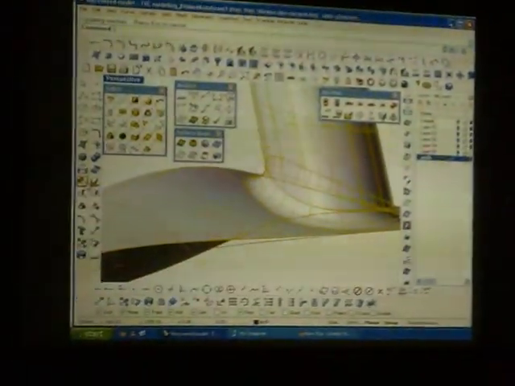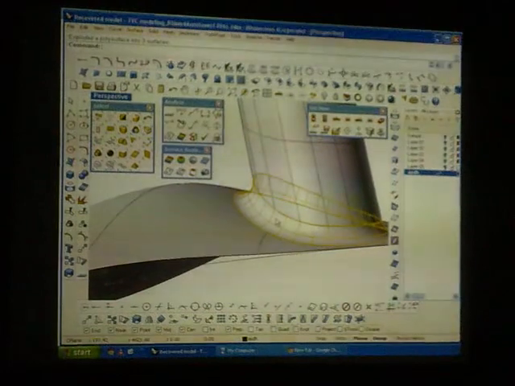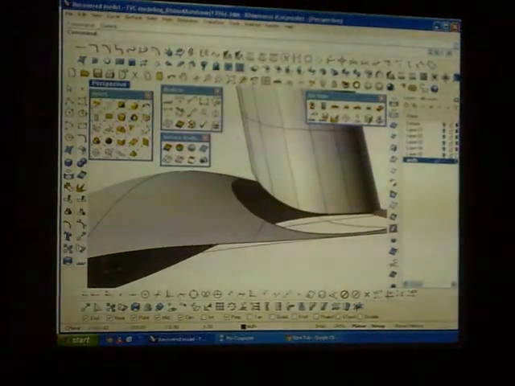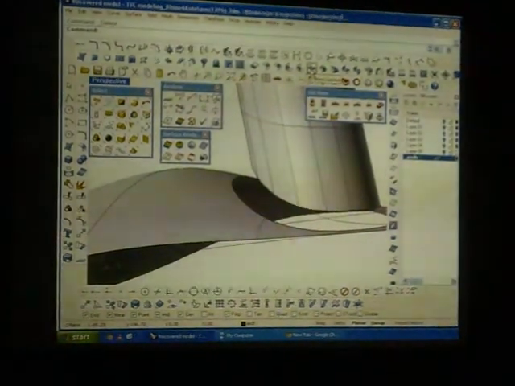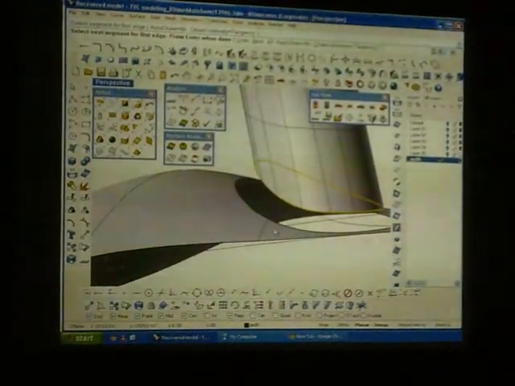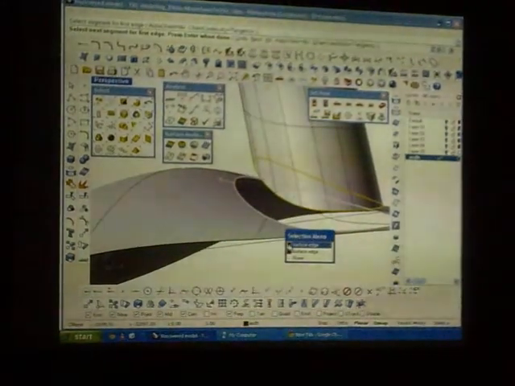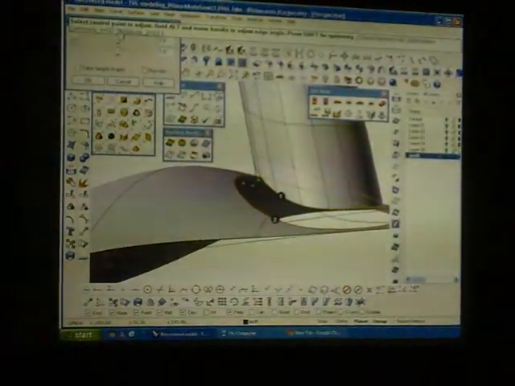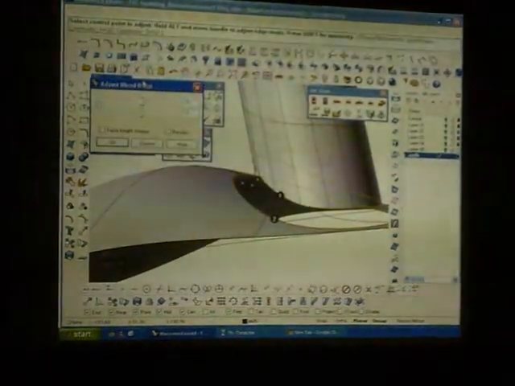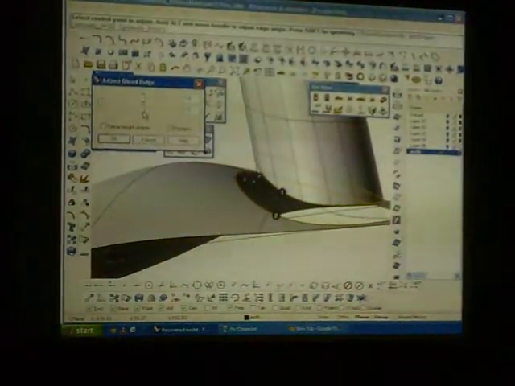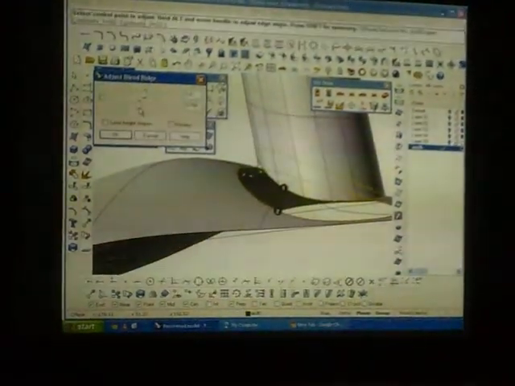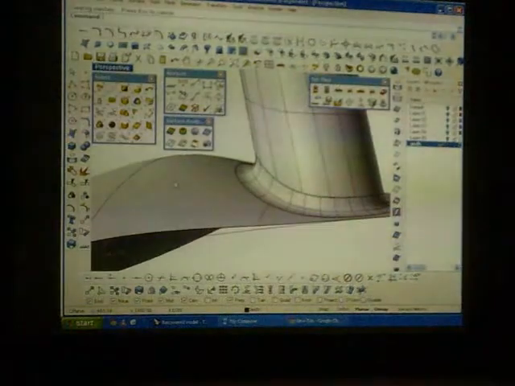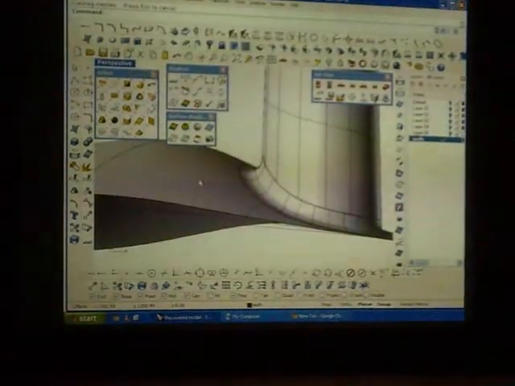I take this and I explode this, okay, and I delete this. Making a blend surface is making a blend surface between this edge and this edge. Okay, enter किया तो वो तुमको ये फ्लेक्सिबिलिटी देता है कि तुम इधर वाले को थोड़ा पास कर सकते हो और इधर वाले को थोड़ा पास कर सकते हो. ओके, बना दिया. ठीक है.